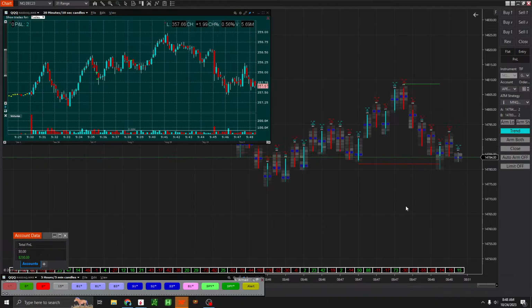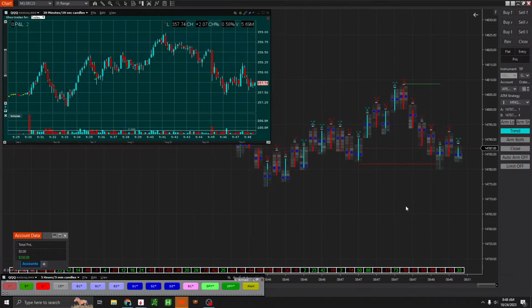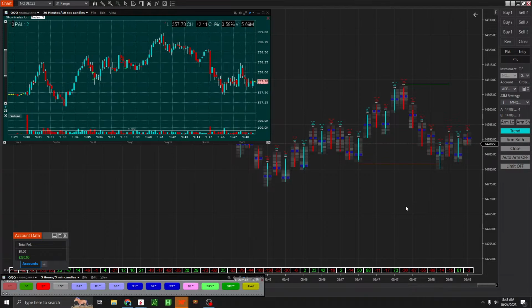It keeps failing. Did it fully fill that in? I wouldn't say that's fully filled in yet. It looks like it still has a little bit more. If you don't use the wicks, I typically use bodies. So it's filled with wicks, but it needs a little bit more on the body.